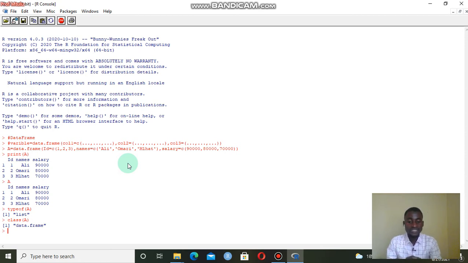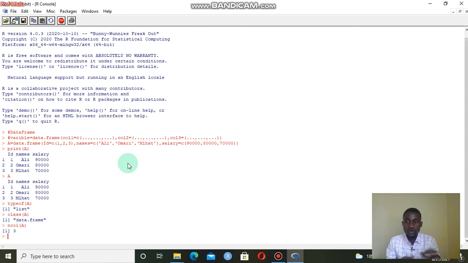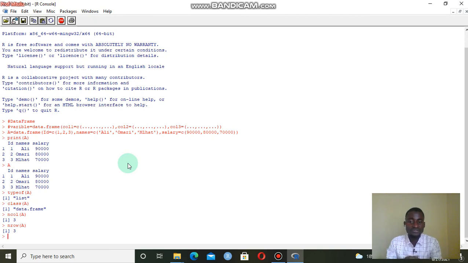I'll be using the ncol function to get the number of columns, and of course the number of columns is 3. For the number of rows, I'll be using the nrow function, and for data frame A it is giving us 3. So we use the ncol and nrow functions to get the number of columns and rows of a given data frame.